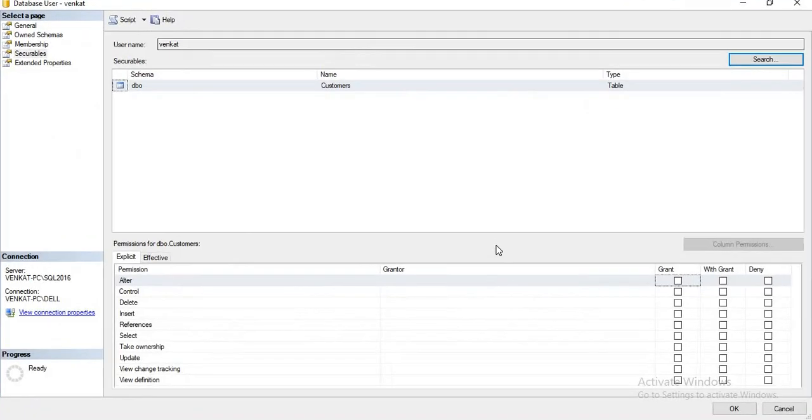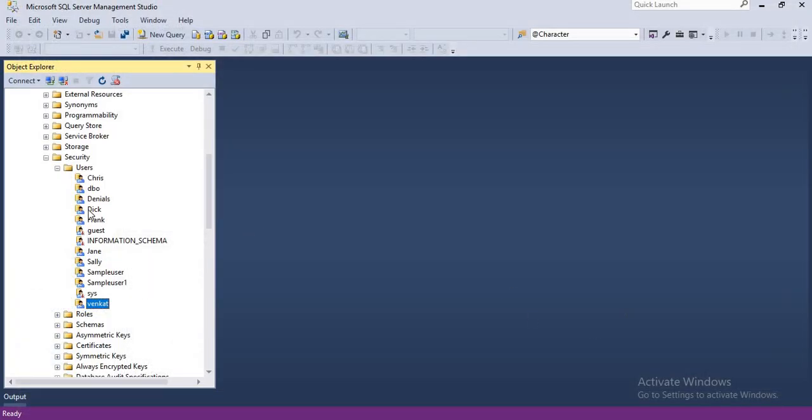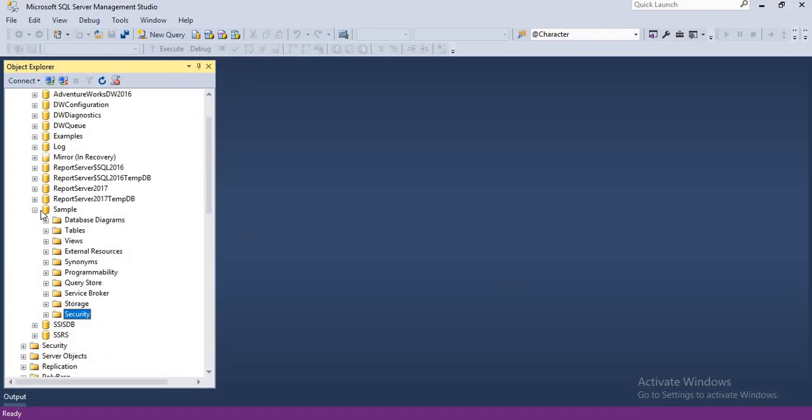Here you choose what kind of privilege you want to give: either alter on the table, or control, delete, insert, select and so on. I want to give only the select option. Let's click on select. I don't want to alter anything, and I don't want to provide update privileges on the data either. Let's click on OK. That's it. Now you are in the administrator privileges.